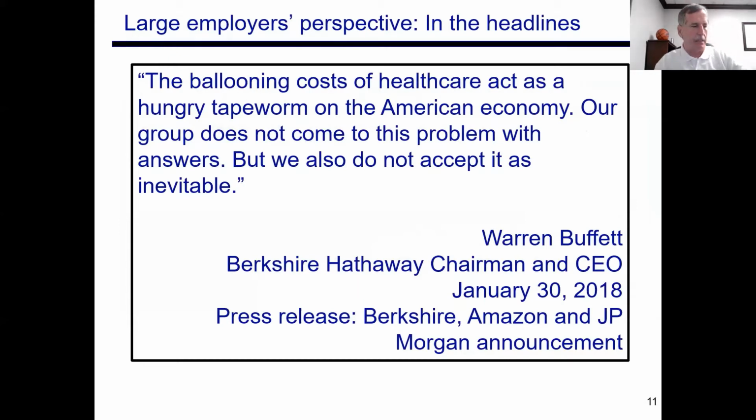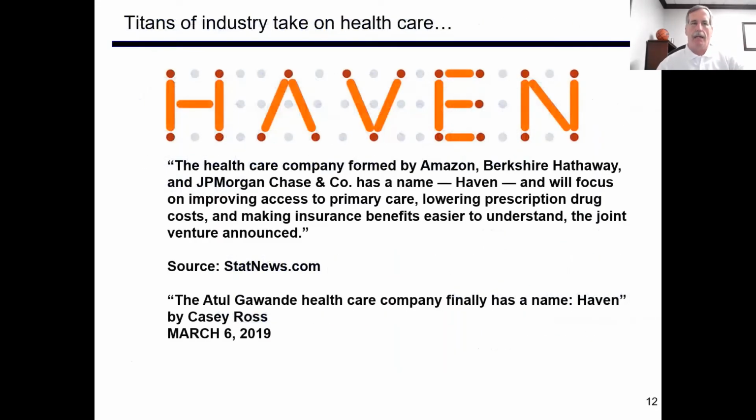And that brings me to my next slide, which, while it's an old quote now, over 2 years old, Warren Buffett's comment was the precedent for Amazon, Berkshire, and JP Morgan to create the new company Haven. And I'm sure you saw that when that was announced, the actual stocks of some of the healthcare companies, including the payers, dipped down for a week or two because there was anxiety on what effect this organization might have. And I want to say their aggregate covered lives may be in the range of 1 million or over 1 million